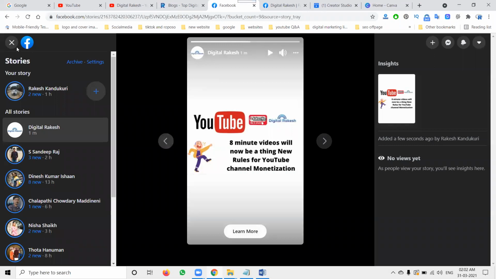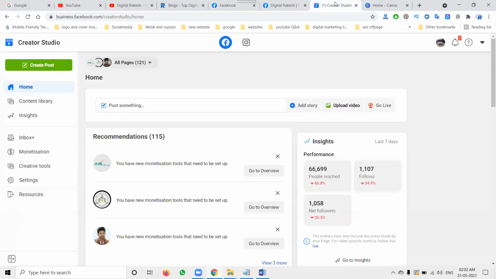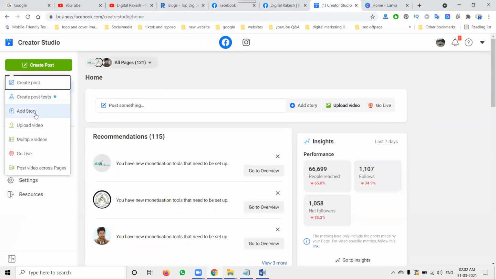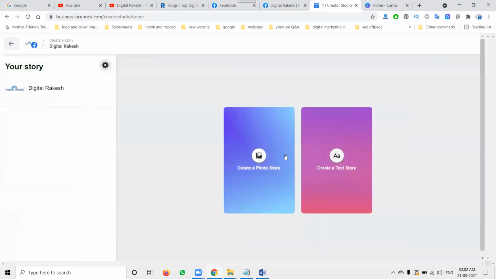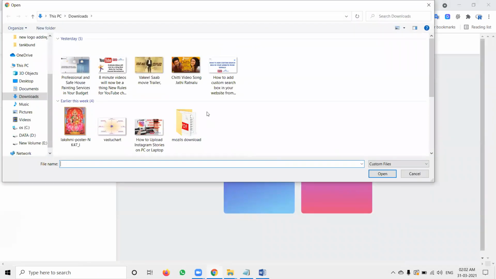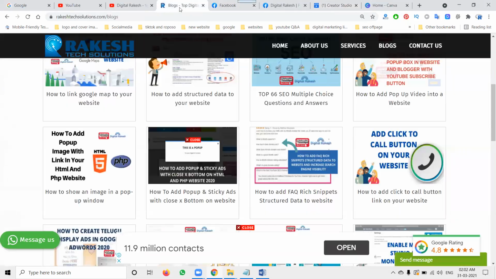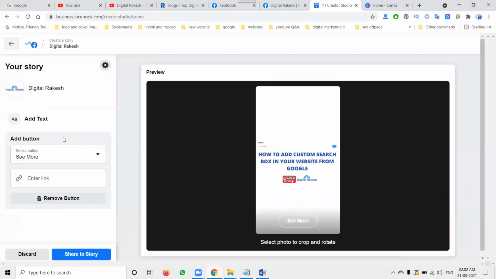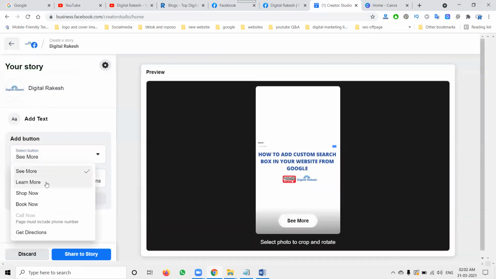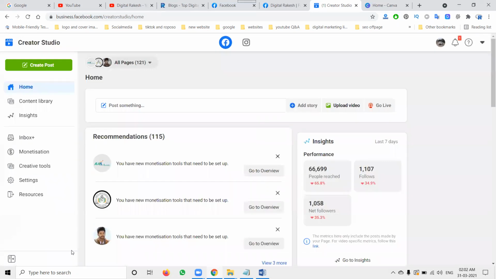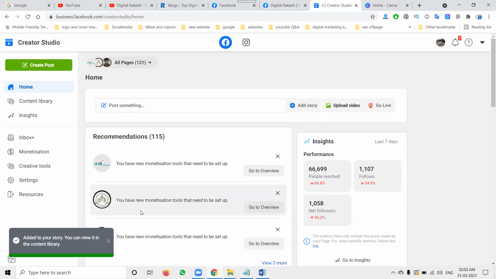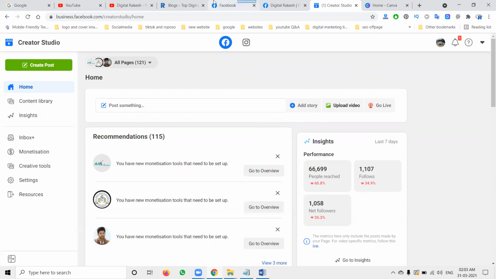In the same way, you can promote your website link also. Click Add Story in the same way. This feature is given only for Facebook business page owners, not for profiles. You can add the status from the story through these options, but we have to use Learn More. The button is given only for Facebook pages. This feature helps to get more traffic on the particular status on Facebook, and people reach more,